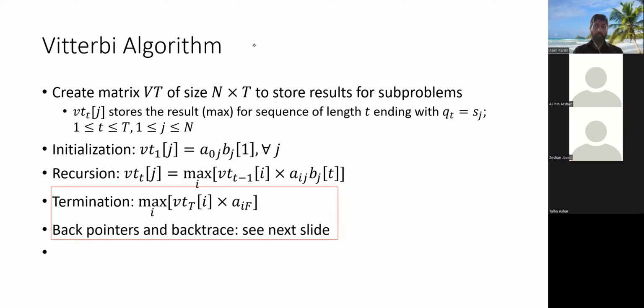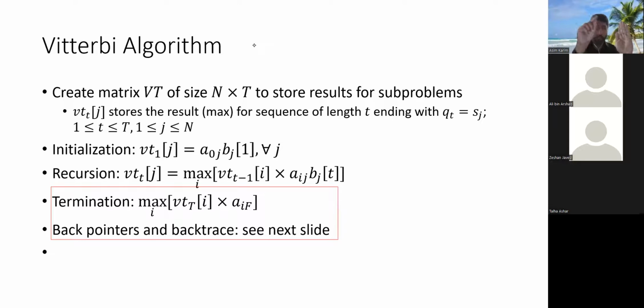So this is the simple algorithm. Essentially there is one recursion formula, and if you understand it in terms of the matrix, it's very easy. So you fill it column by column, and each column has positions. The first column, of course, is very easy, the initialization. After the first column, you take the previous column and fill the next one, and of course you